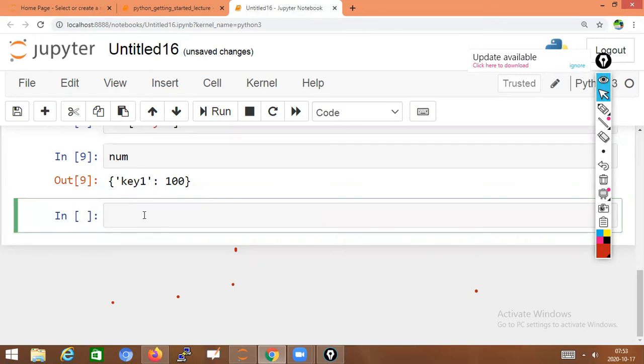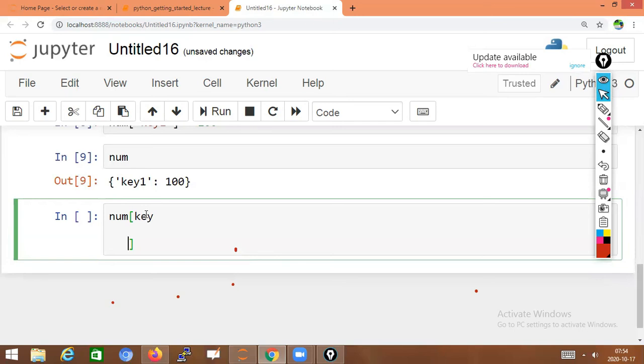Now I want to change this value. We can do addition and subtraction on the corresponding key values. Whatever values are there in the dictionary, we can add, subtract, and do all those things. So which value do I want to change? The key one value.